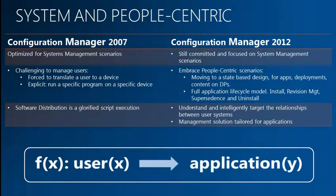And if you think about package programs as a software distribution engine, it's essentially just a script execution engine, right? So you run a command line, and here are some architecture things to think about. But really, we're going to run a script, and we're going to install it on the system. So there wasn't a lot of smarts in the system. You had to build a lot of the smarts into your packaging. There's a lot of burden on you, the customer. So we tried to take a little bit of that burden off of you and build its automation into the